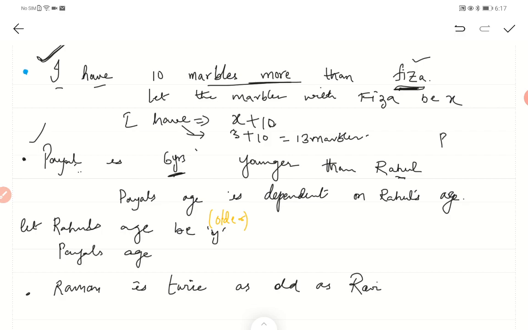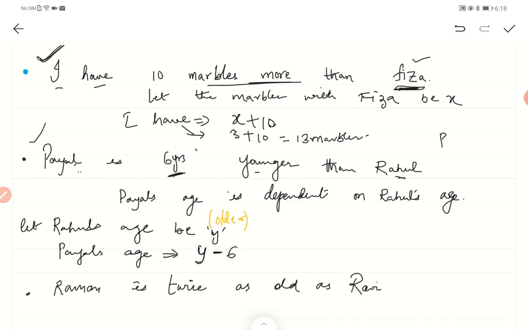Payal's age will be equal to what? Payal is 6 years younger, meaning she is younger, right? So if Rahul's age is 5, then 6 years younger is 5 minus 6. I need to subtract 6, isn't it? If instead of younger it would have been older, like Payal is 6 years older than Rahul, then